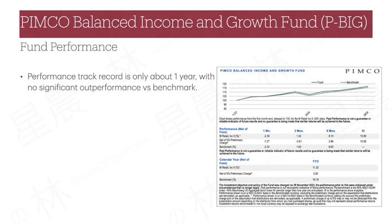Last but not least, we take a look at PBIG's performance so far. As the strategy is newly repackaged with only about a year of track record, it is a bit early to come to conclusions. Nevertheless, the performance so far appears to be quite closely tracking the benchmark, with some outperformance in the first quarter of 2024, but slightly underperformed thereafter. I'm also not sure how much the fund AUM has grown since repackaging, as large inflows of investor monies can